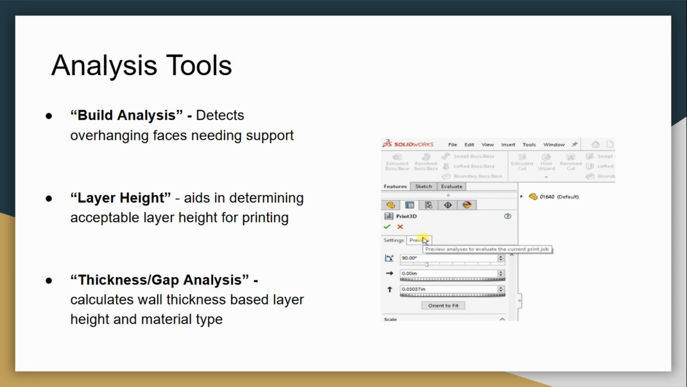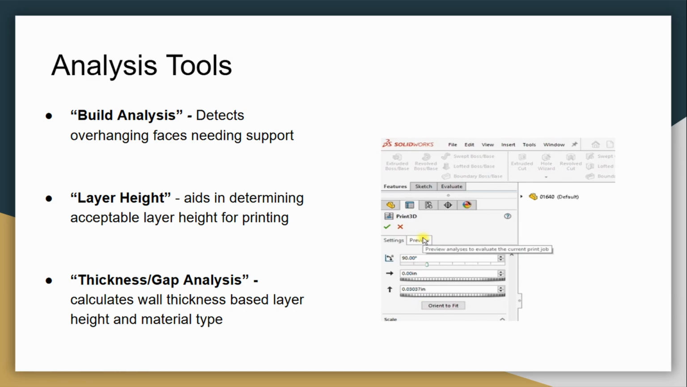Analysis tools are available in the Preview tab. Build Analysis detects overhanging faces that are larger than the input angle to identify which faces need support. The Layer Height option shows the resolution of the print to find an acceptable layer height for printing. If printing uses FDM, thickness/gap analysis is a tool that calculates wall thickness based on set layer height and the